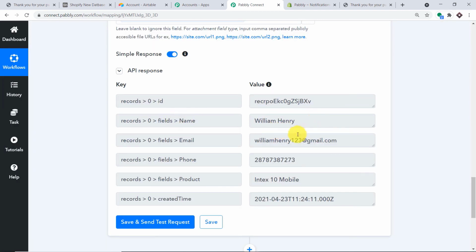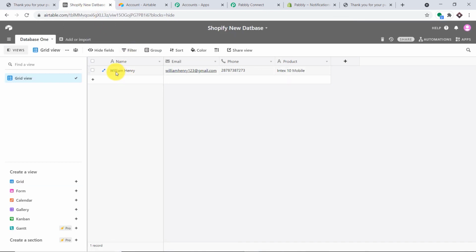Okay, so this is the name, William, and the email is William Henry 123. This is the phone, this is the product, and this is the time at which it was created. So let me just explore. Okay, so as you can see, we do have the fields. This is the William, that is the name, this is the email, this is the phone, and this is the product. Excellent. So the presence of this data shows that we have successfully integrated Shopify and Airtable with help of